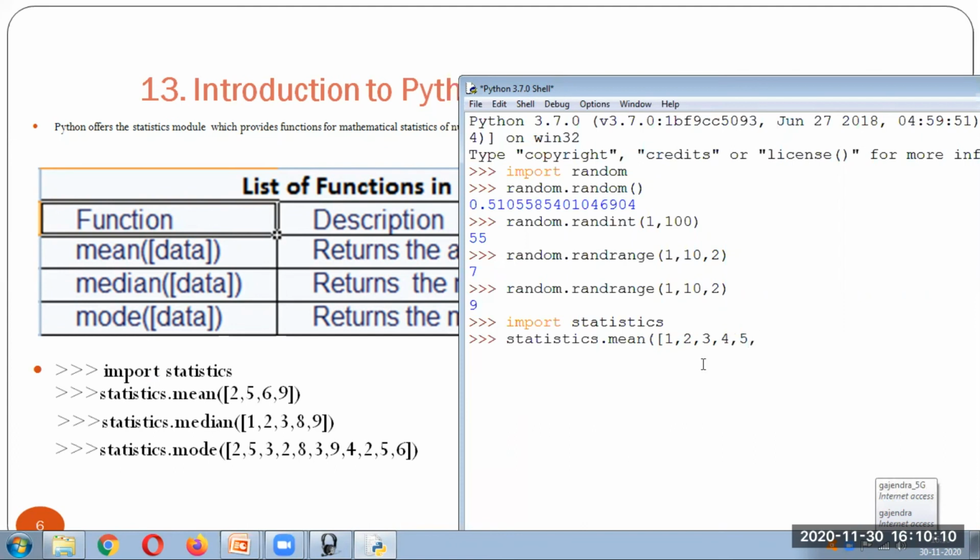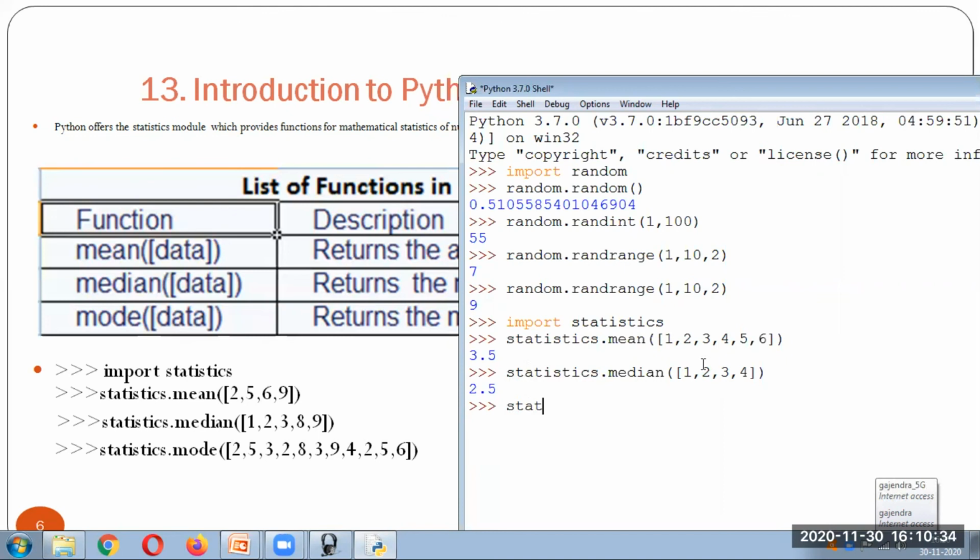I'm giving six values, and it will give you the mean of that. Same way I can make use of median. Simply I will give square brackets, 1, 2, 3, 4. Here it will give you the median.